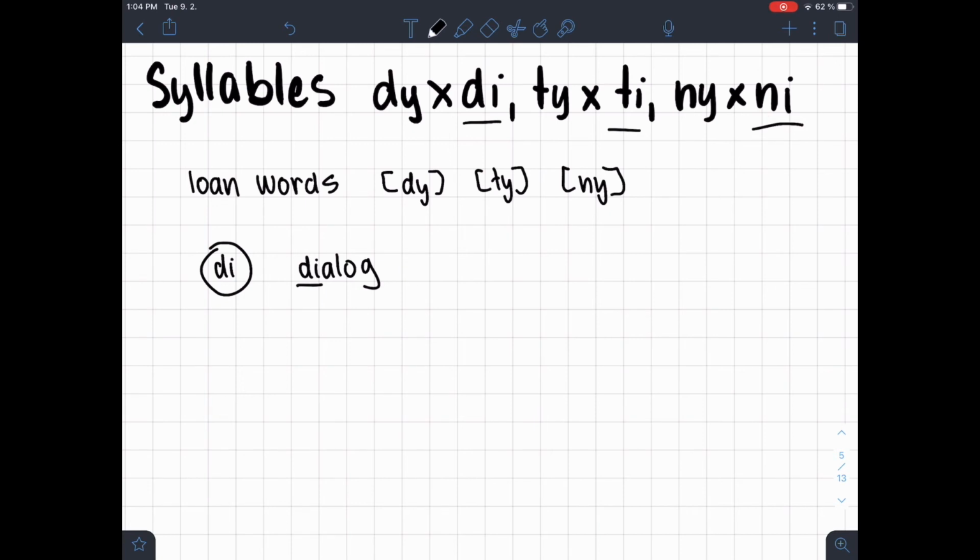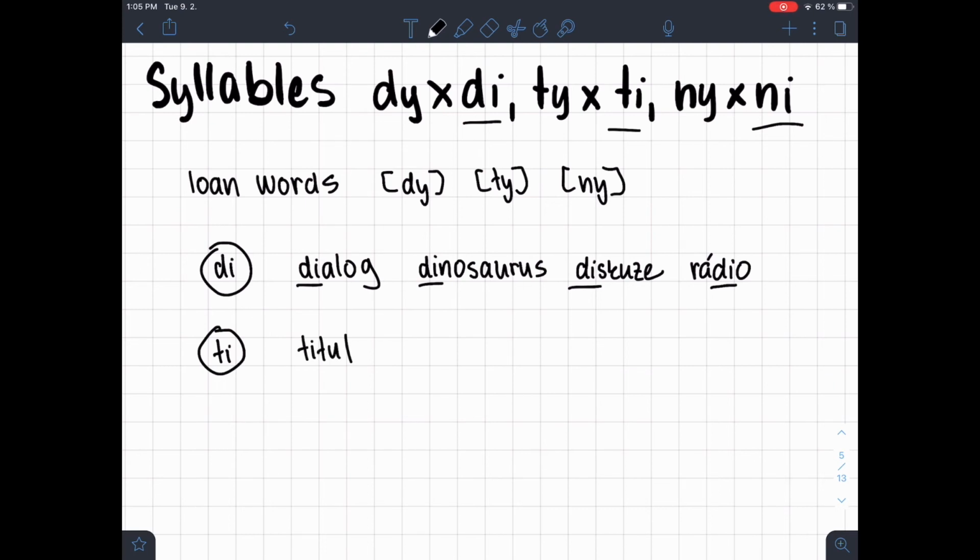So, to show you some examples, with the syllable di, we borrowed words like dialog, dinosaurus, diskuze, rádio. With the second syllable ti, there are words like titul, informatika,